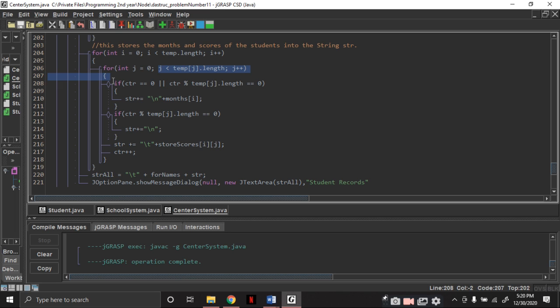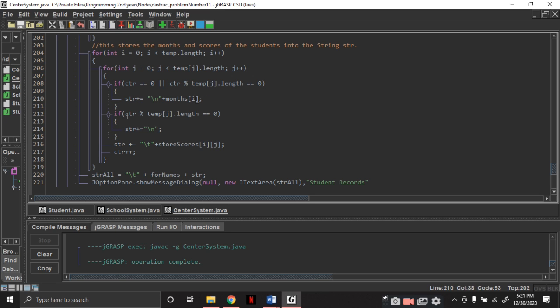At the first rotation, if the counter is equal to 0, so I set the counter to 0, it will just skip all the if statements. Then str will be added with a new line and month sub i, meaning January.